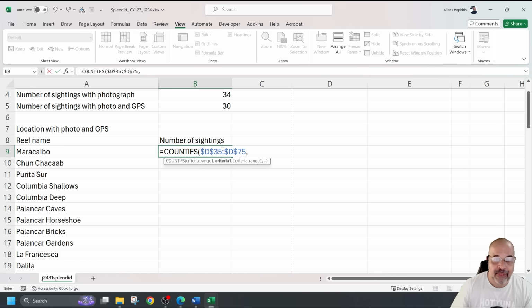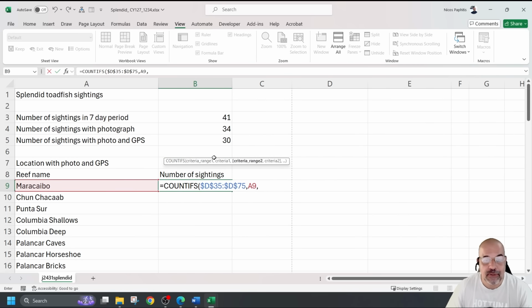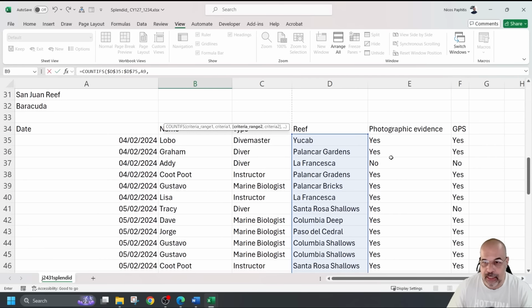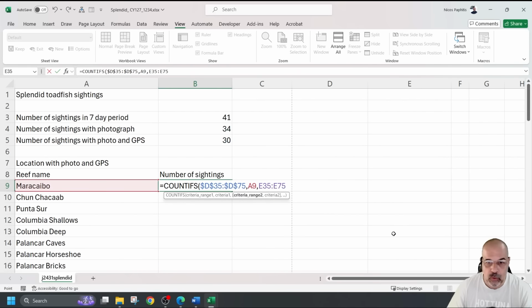Okay, comma, and the criteria that I'm looking for in this range for it to be valid is it has to match whatever's inside this cell here, inside A9. So it's only going to return with one criteria, how many times it sees Maracaibo in this range of cells, that reef name, comma. The next criteria that has to be true is in this range of cells here. It has to have, in this range of cells, how many times we also match. So let's press F4 again, it has to be fixed. And it has the word yes,